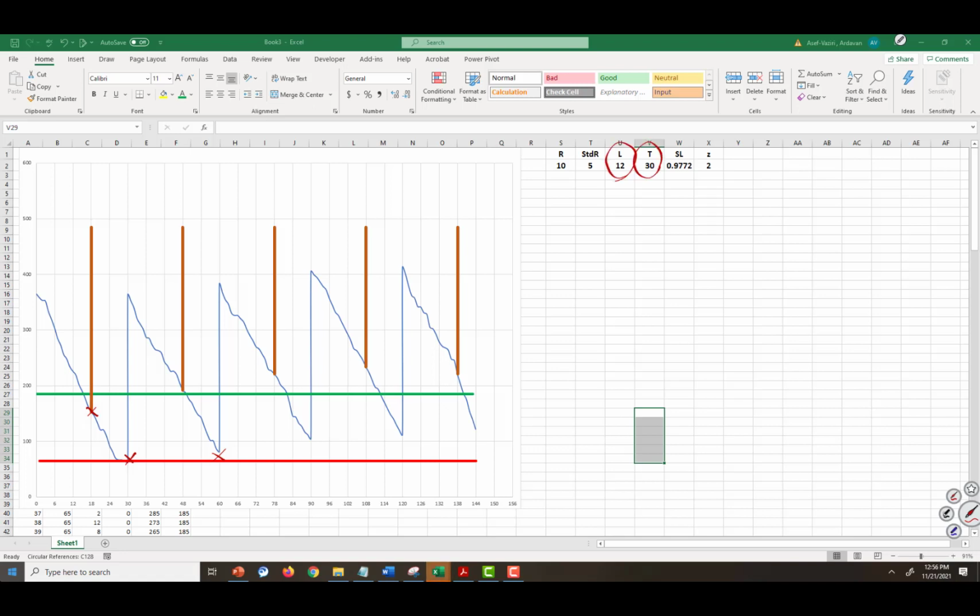Review period, 30 days. Therefore, from the time that I place an order, I do not have control for 12 plus 30 days, which is equal to 42 days. So as long as safety inventory is concerned, from the time that I place an order until the time that I get the next order is 42 days. And I should protect myself against stock out